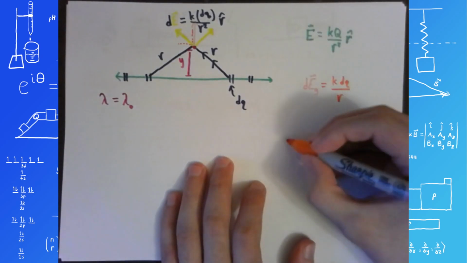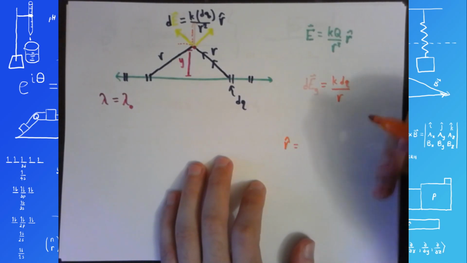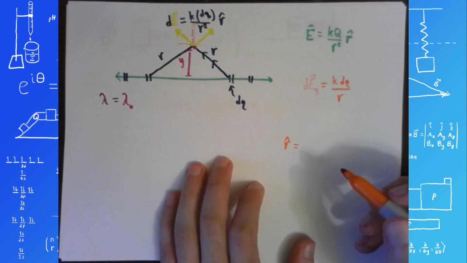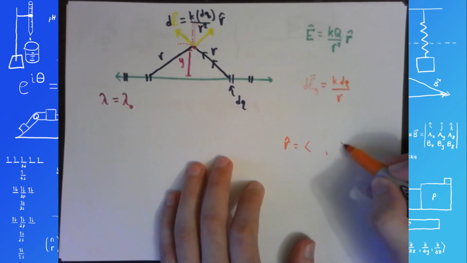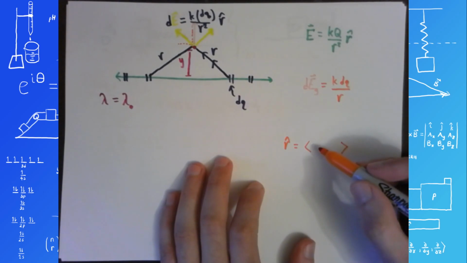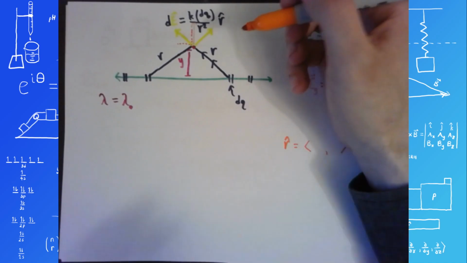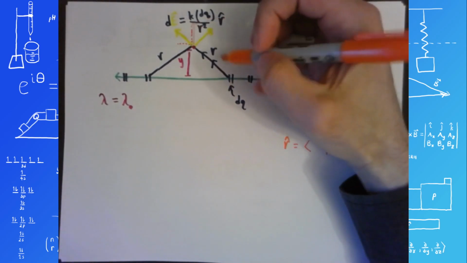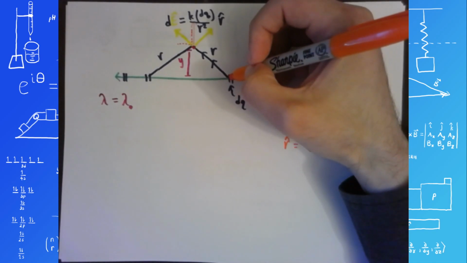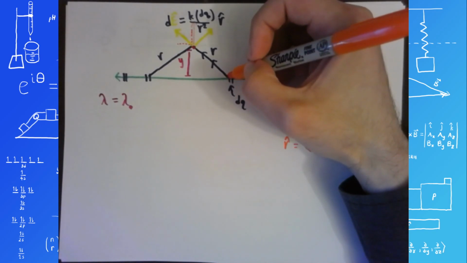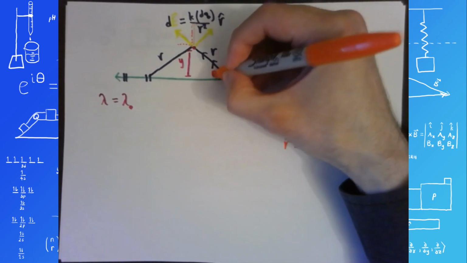So let's see. The vertical component, r hat, is going to have a magnitude of 1. And its components are going to be some cosine and some sine. Let's go ahead and define the angle for r hat. So if I take a point over here, which angle do I want to use? I think I'm going to use this one. I'm going to let that be my angle theta,